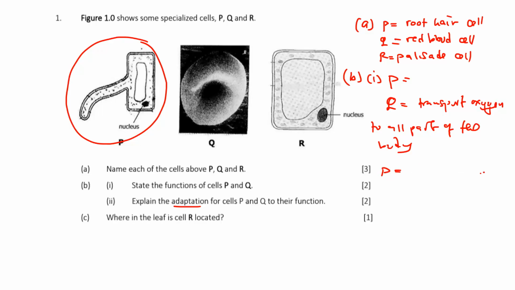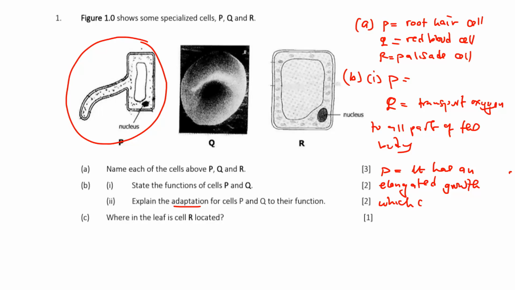So P, the adaptation is that it has an elongated outgrowth. The other thing that I will encourage you is that as you go in an exam, do not cut words. For example, when you write a word and the space finishes, then you cut it and start the other half of the word on the other side. No. If the space is not enough, just abandon that part and start afresh. So it has an elongated outgrowth,